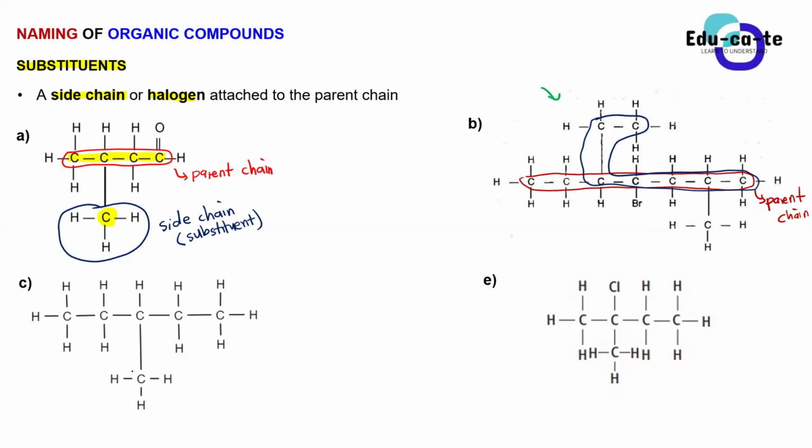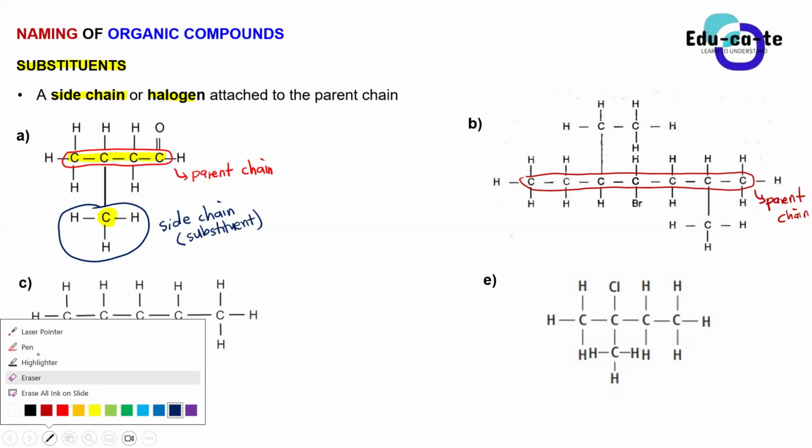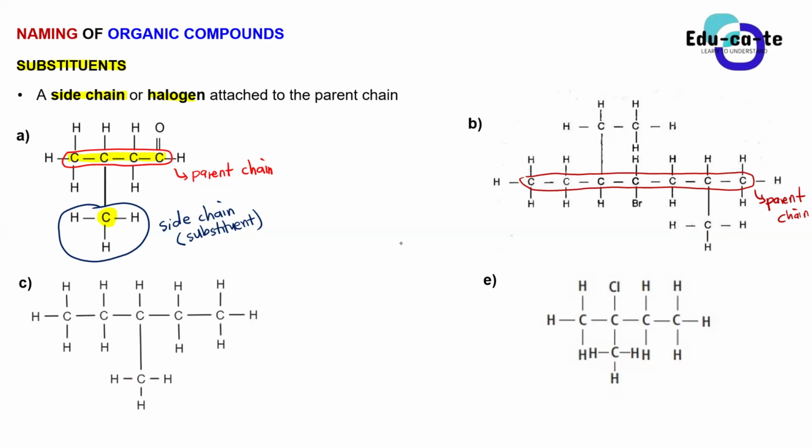So basically our parent chain, or the coupon chain that has got the highest number of coupons, has got 7 coupons in it. So now we want to see what other substituents, or what other things, are attached to the parent chain, because a substituent is everything else that is attached to the parent chain besides hydrogen, because hydrogen forms part of an organic compound. We cannot say that this hydrogen is a side chain. That would be incorrect.